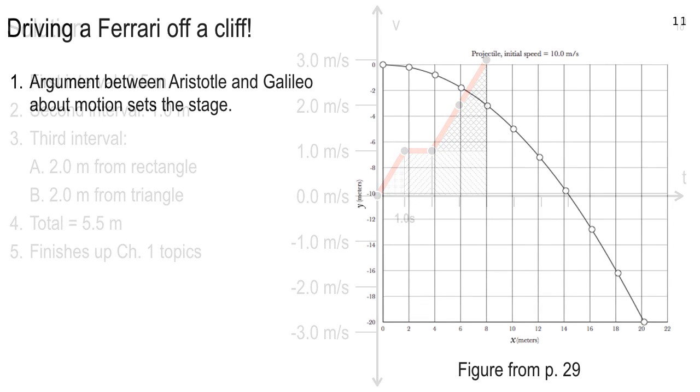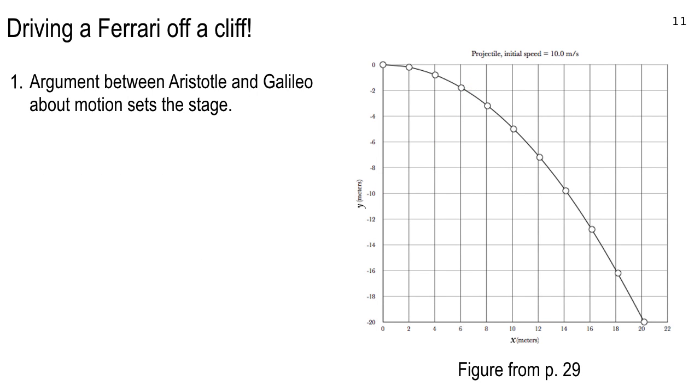All right. Let's talk about the idea of driving a Ferrari off a cliff, which is something I believe I mentioned in the textbook in chapter 2. And here's a figure from page 29, which is the path of a Ferrari that somebody drives off a cliff. And they do it in movies and stuff. I don't know if real life people have ever done a Ferrari off a cliff, but